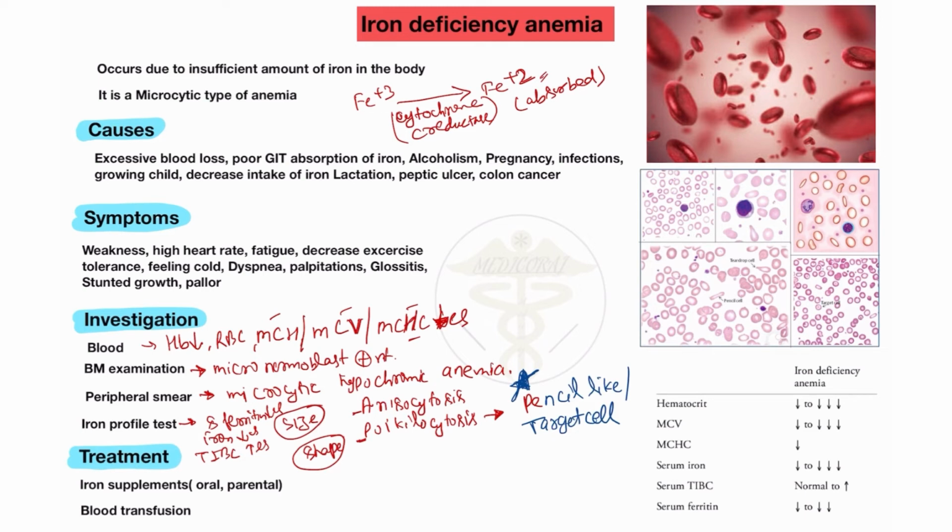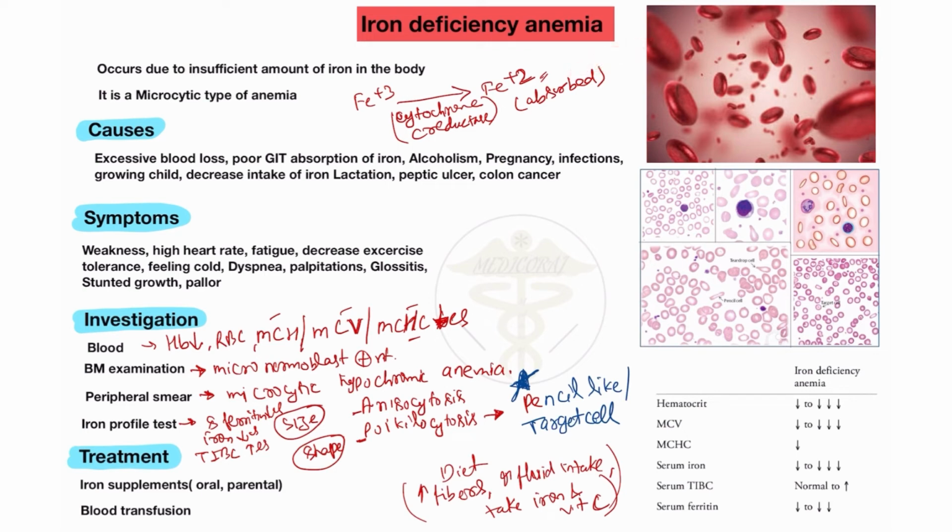Also when asked which type of diet is provided, for diet we increase the fiber diet, and also increase the fluid intake in the patient of iron deficiency anemia, and also take iron pills and vitamin C, vegetables and fruit. So it is important for the diet of the patient, and this is about iron deficiency anemia.